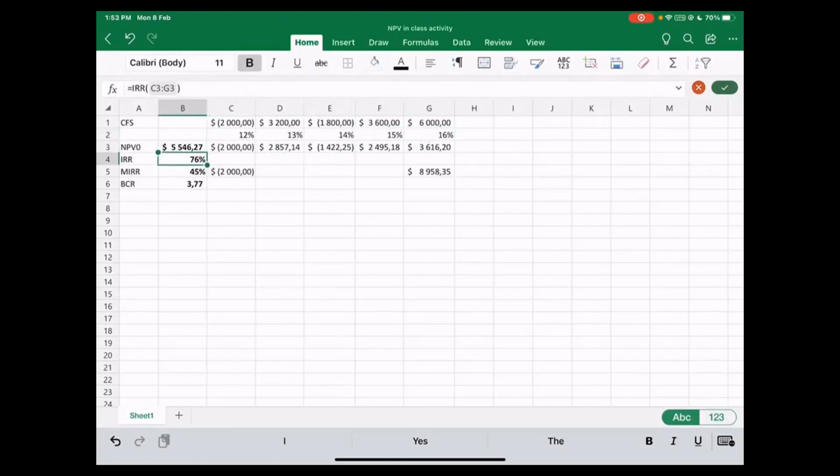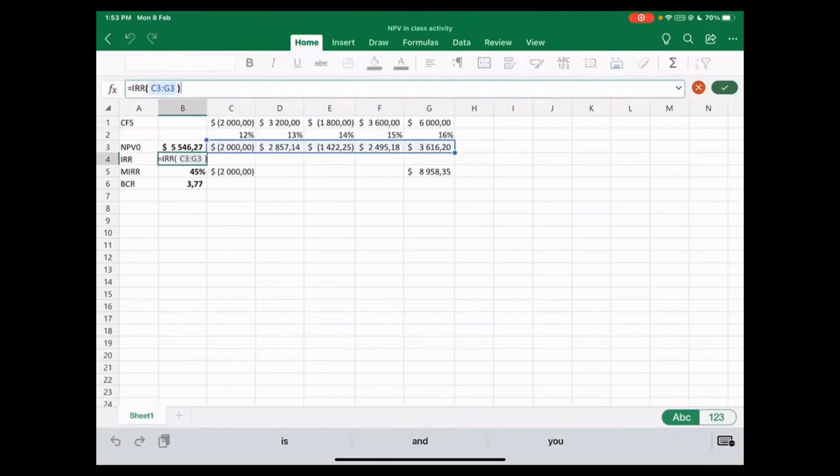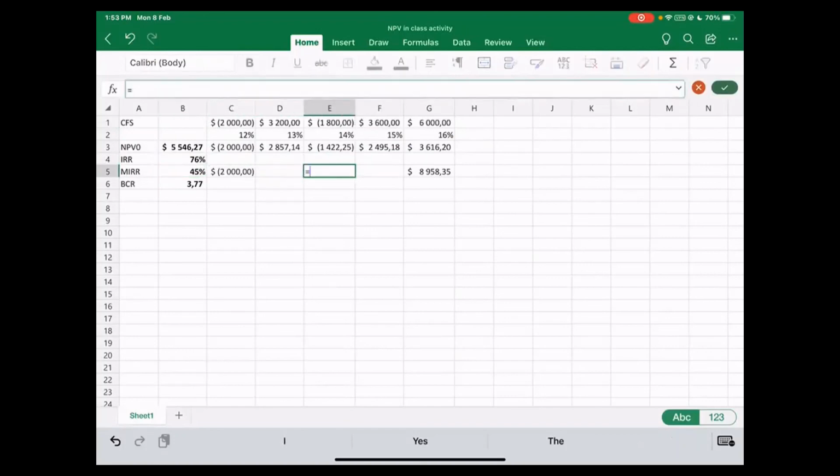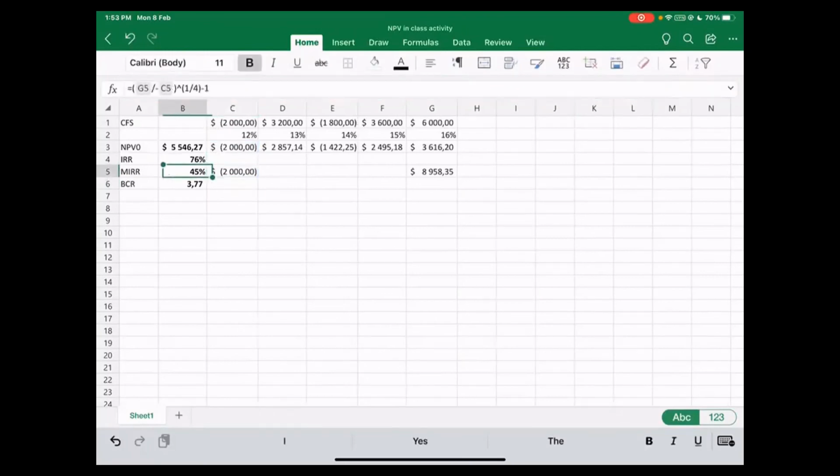And I calculated the IRR with the Excel function of these cash flows. Okay, I got the mistake from you. Okay, continue. So for MIRR, I calculated, as here is a mistake. So I should calculate the present value of negative cash flows. The mistake is only in IRR. I did not say anything about MIRR. Nothing related to MIRR.